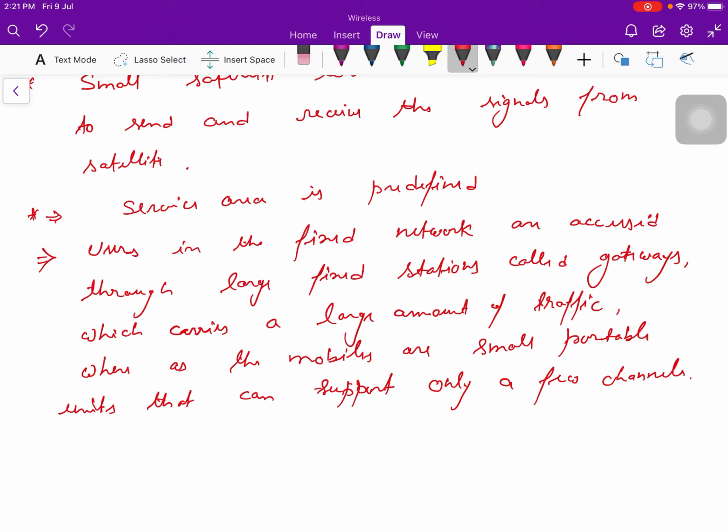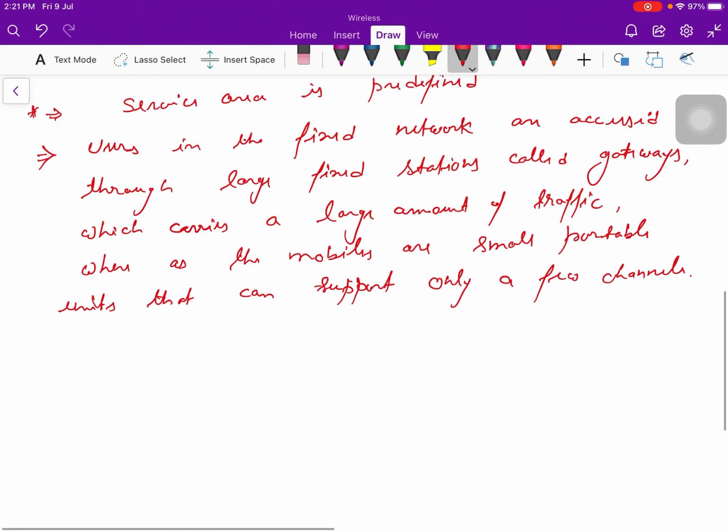So, in this type of system, your mobile phone can be mounted on top of a vehicle, such as ships, aircraft and trucks, or may be carried by an individual. Now, there is one more part, the space segment, which may consist of one satellite or a group of interlinked satellites, depending upon the service area and the application.